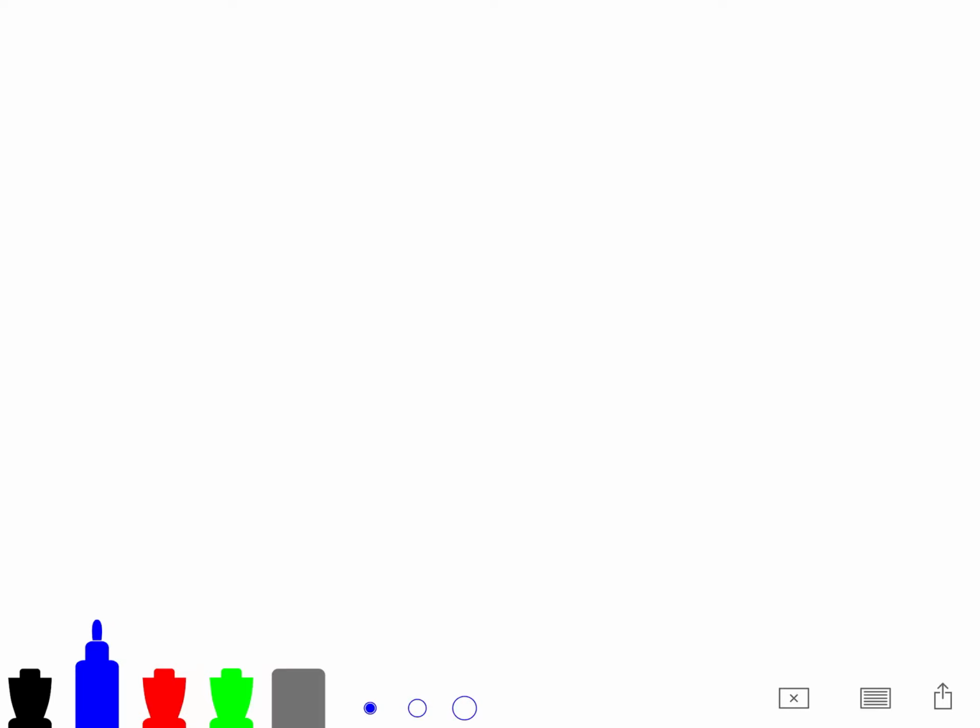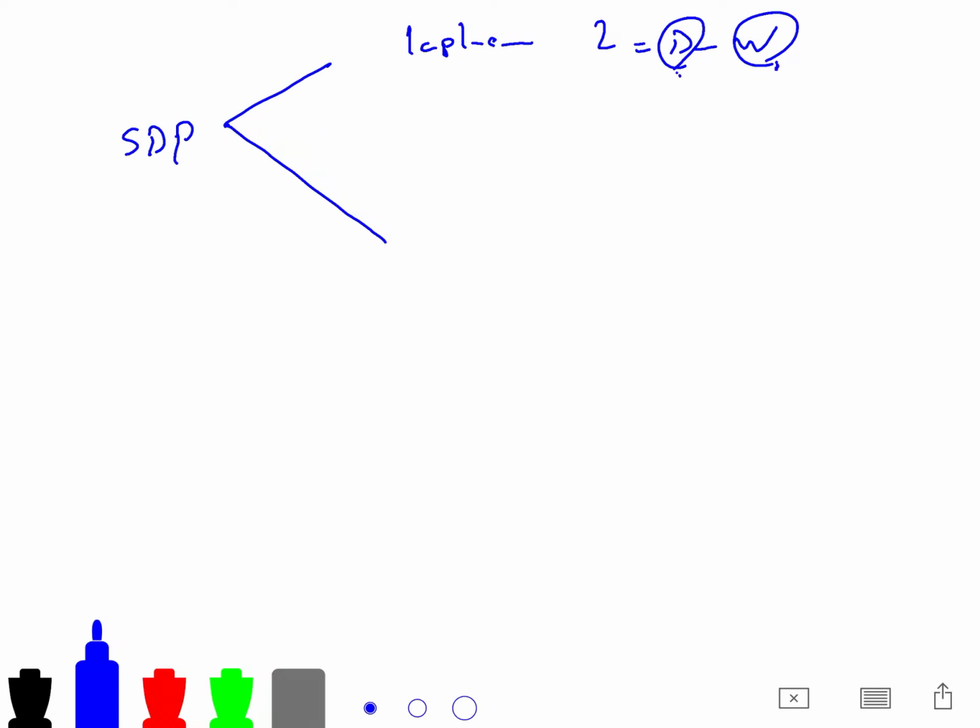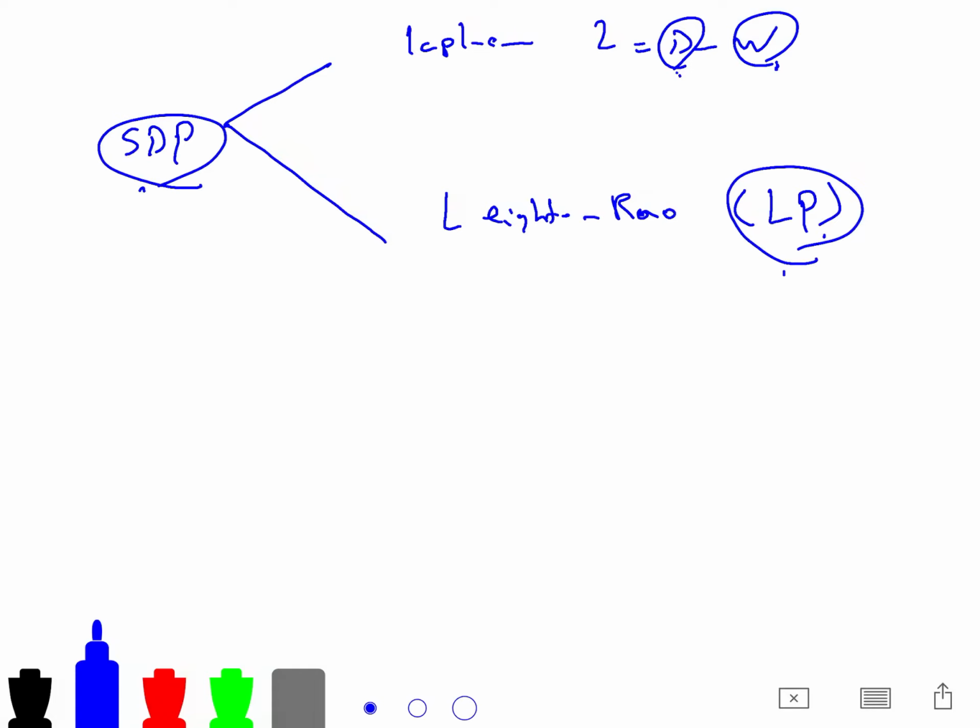And I can say that SDP covers two popular methods. The eigenvalue approach, which is the Laplacian approach, L is D minus W. This is diagonal, this is adjacency. And also SDP can cover Leighton-Rao. Why? Because they used linear programming. SDP is a generalization of linear programming. So the optimum value of sparsest cut